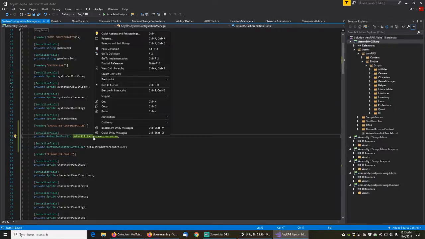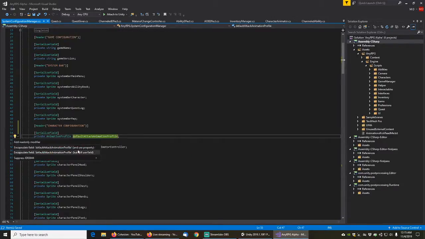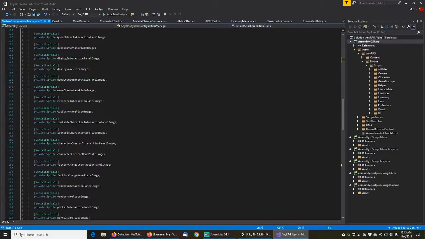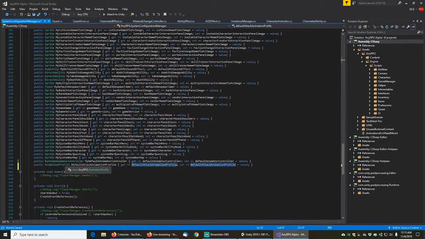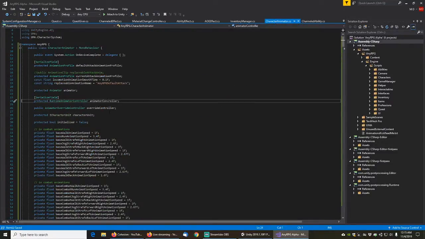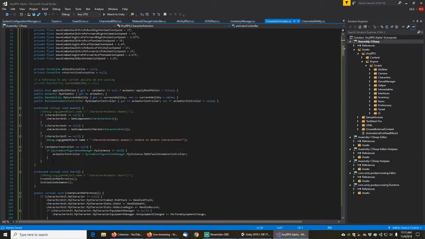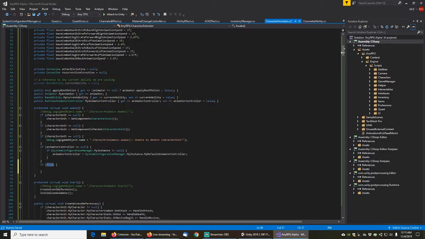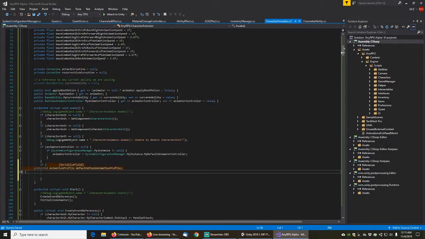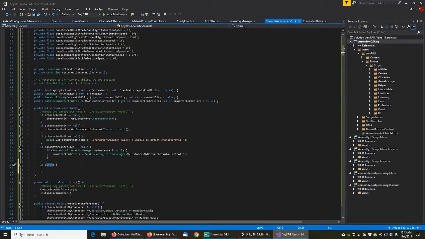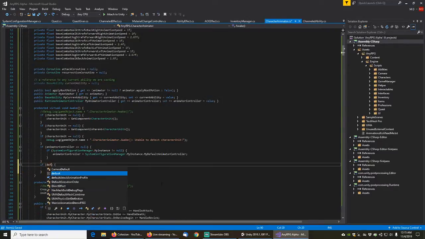And then we need to give it a property so we can access it. Change the name to match what we expect it to be, and then go down and basically do the exact same thing right here. So if default attack animation profile